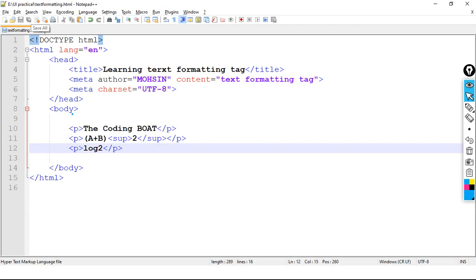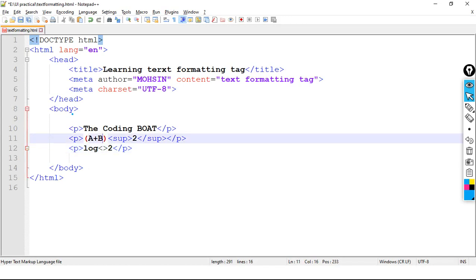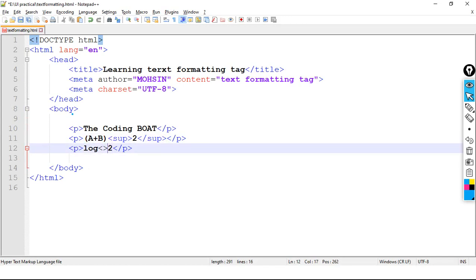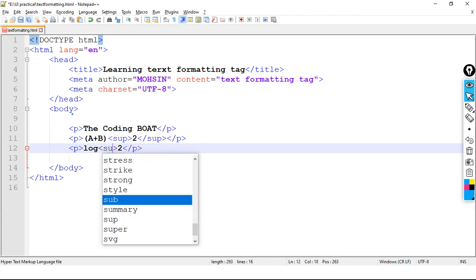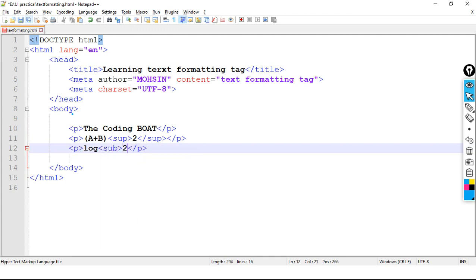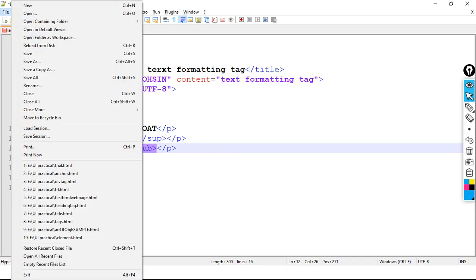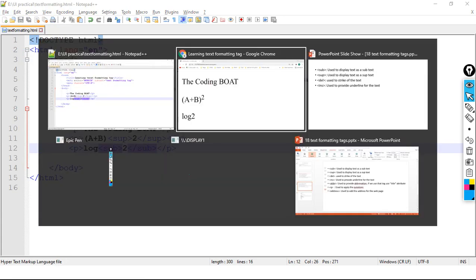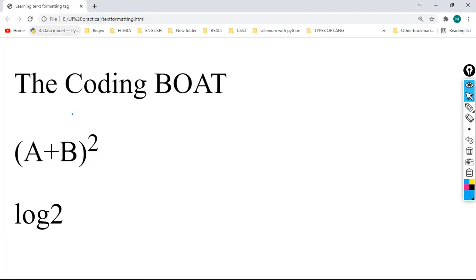So what I will do, I will make use of the sub tag: subscript, and slash sub. Now let's save the code and execute the code. Just focus here.